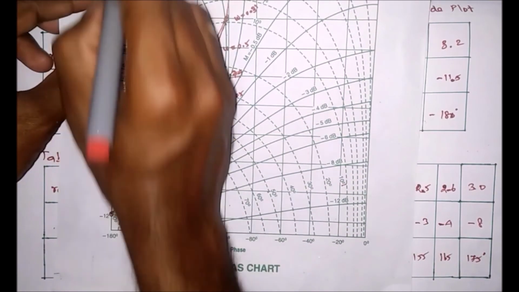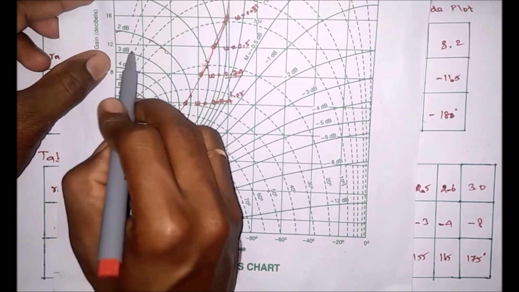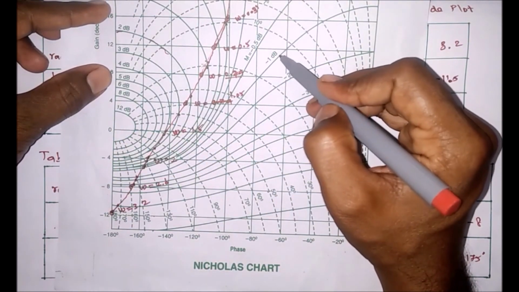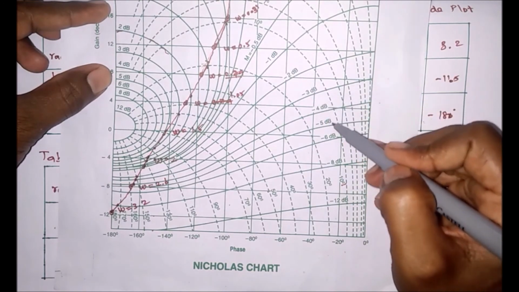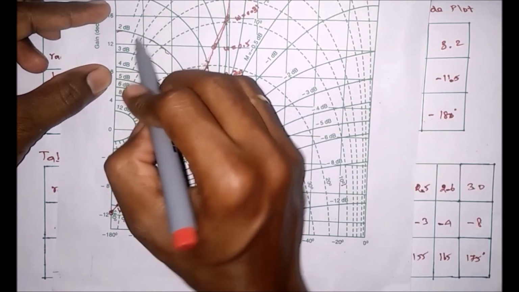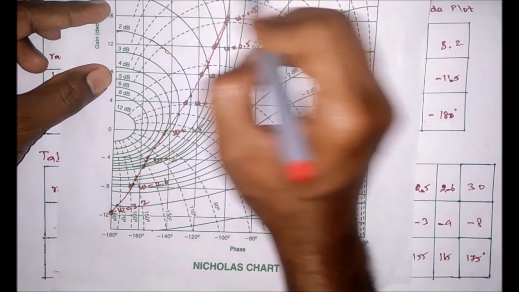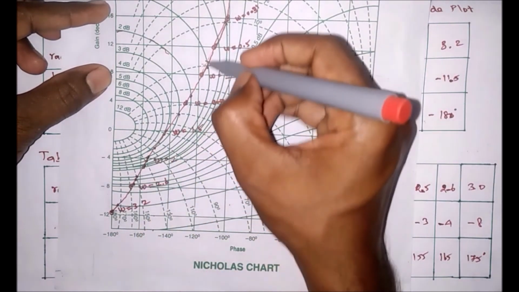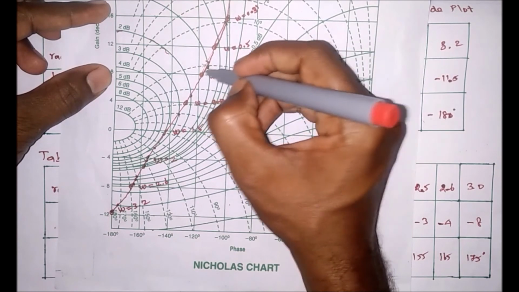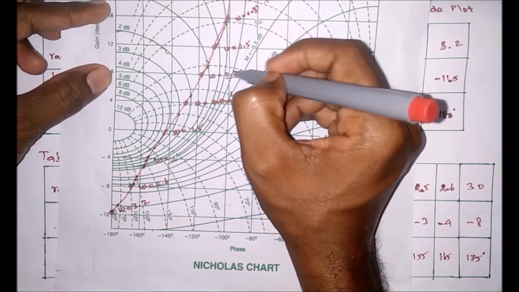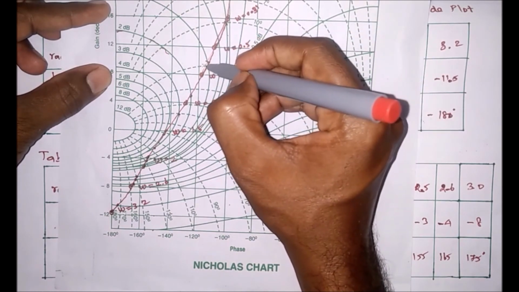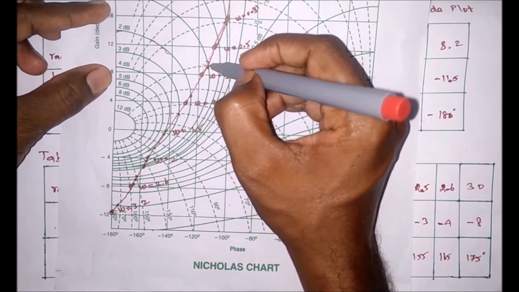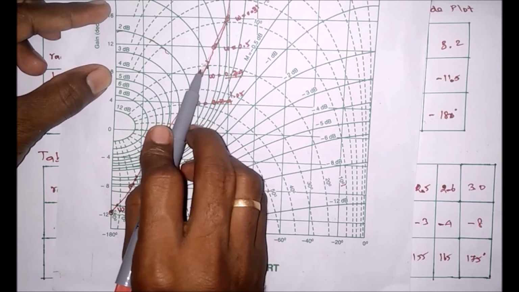So we have taken 0.25, 1, 2, 3, 4. Then again we see here 0, minus 1, minus 2, minus 3, minus 4, minus 5, minus 6. So these circles will cut this plot. Corresponding omega, suppose if this is the point, this omega value is between 0.74 and 0.5, so approximately we have to take in between. Then the corresponding angle also, we have to take the nearest angle.